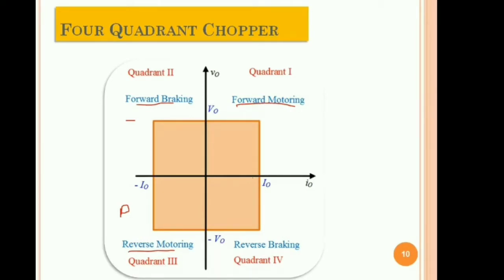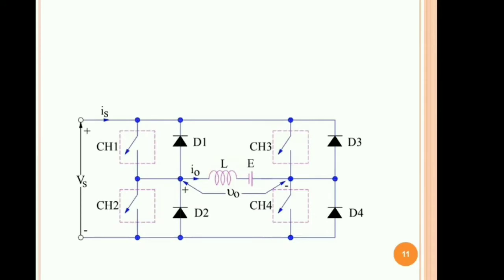Let us see how these modes of operation can be performed using a chopper circuit. So this is the essential circuit for a four-quadrant chopper, where we have four chopper switches, CH1 to CH4. This may be a MOSFET switch or an IGBT switch, and to be understood very easily, this may be a thyristor switch, whatever it may be. But these switches are controlled by PWM pulses. And we have the four anti-parallel diodes, T1 to T4, and we have the load.